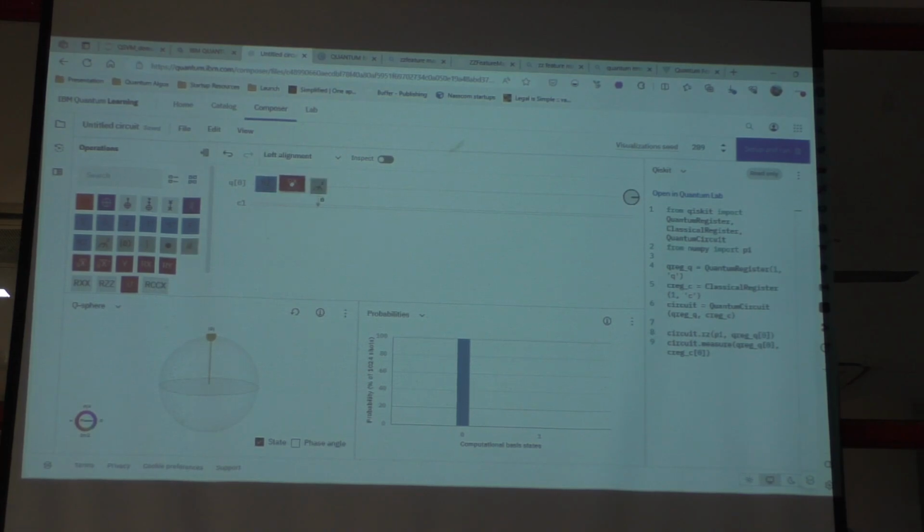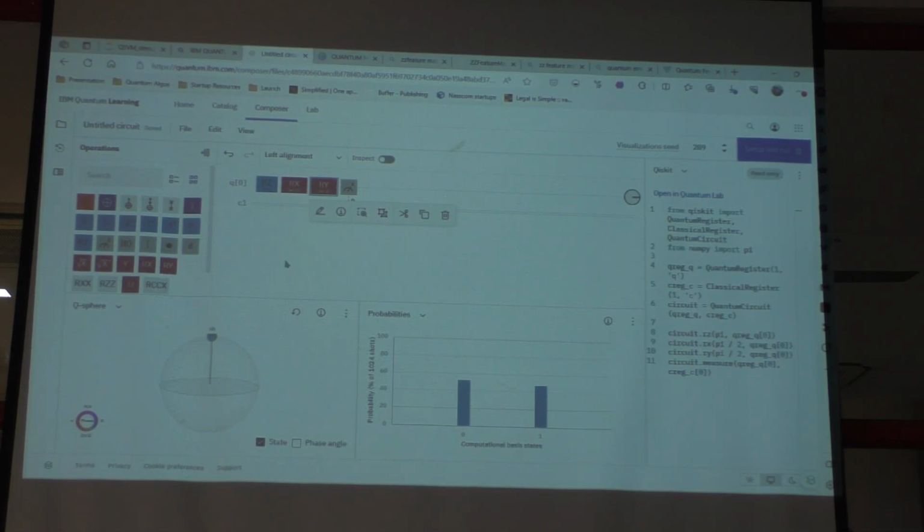Also we have the Rx gate, Ry gate, which are essentially rotations along the x, y, z axes. For a sphere we have the x axis, y axis and z axis. If we rotate using the x axis, it will come to one particular place; the y axis will come to another place.